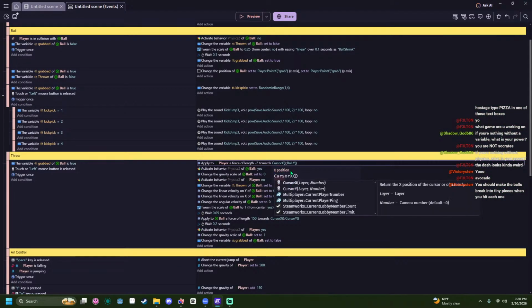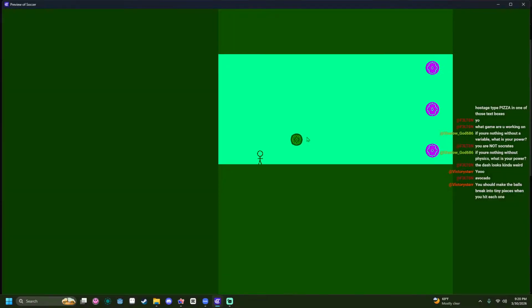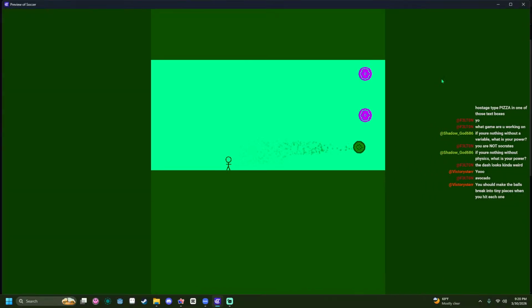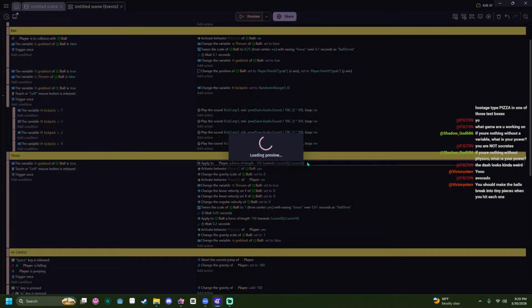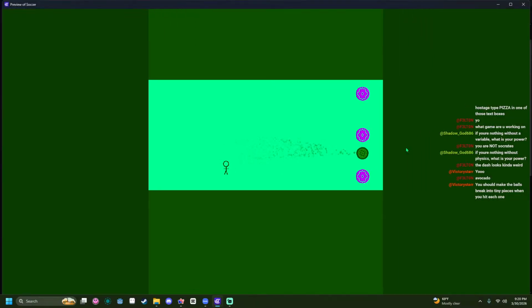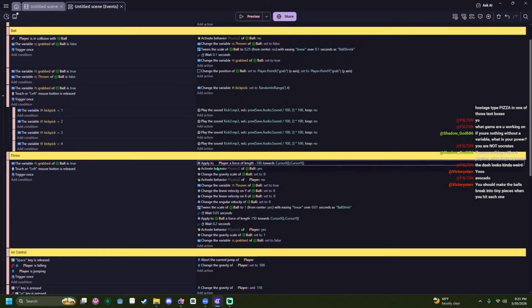Towards cursor X, cursor Y. Do like -5. When left, what? -100. I don't know. Why is it not working? I do not know why that's not working. You should do that instantly. Oh.